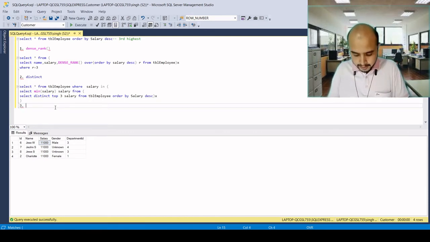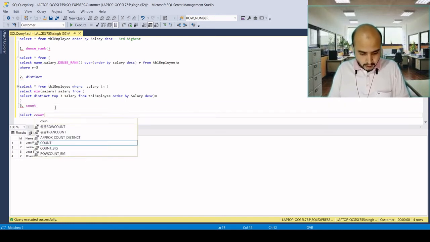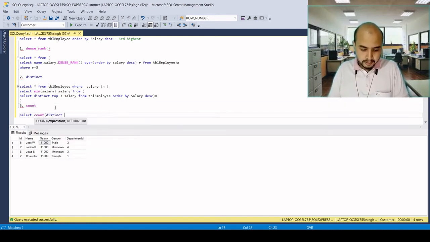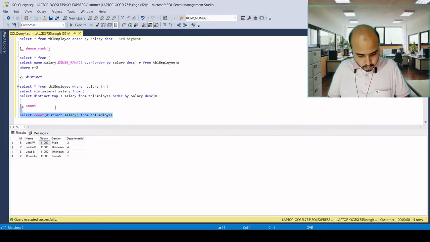The third way is through a formula, also using the count. So select count of distinct salary from the table TBL employee. The count is 4.